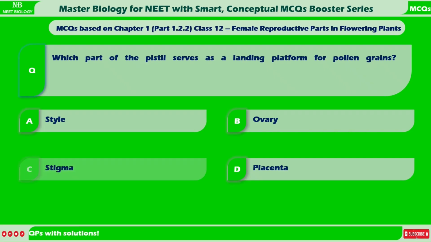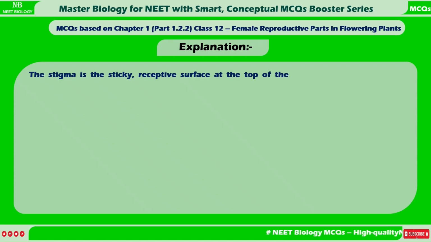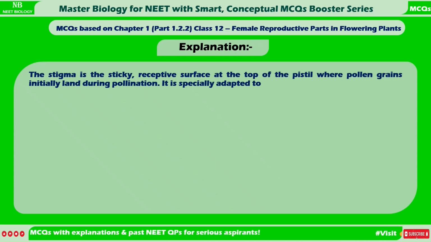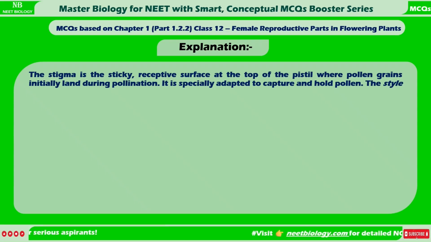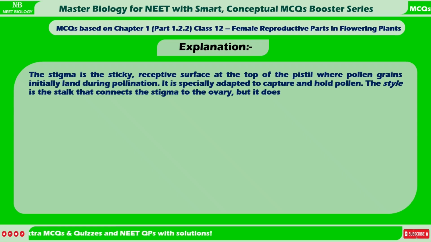Correct answer is C. Stigma. Explanation: the stigma is the sticky, receptive surface at the top of the pistil where pollen grains initially land during pollination. It is specially adapted to capture and hold pollen. The style is the stalk that connects the stigma to the ovary, but it does not serve as the landing